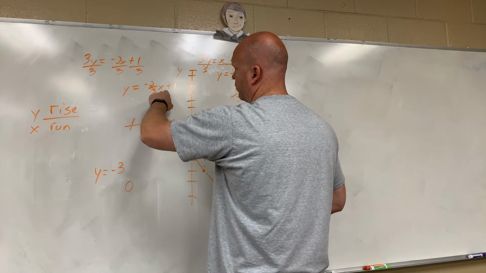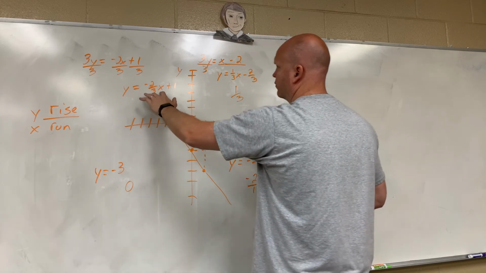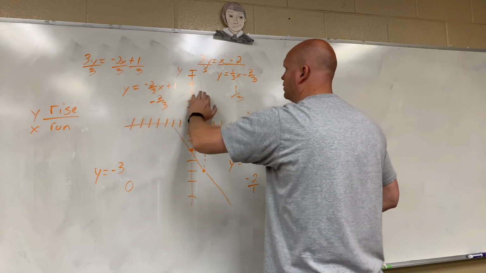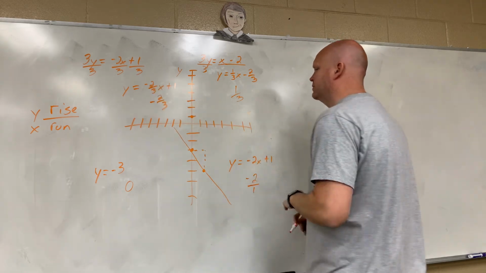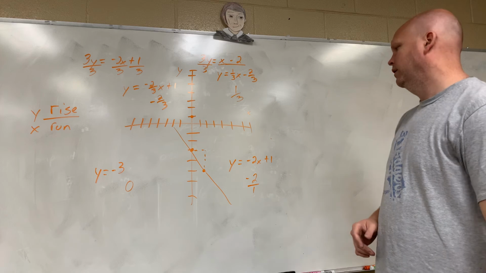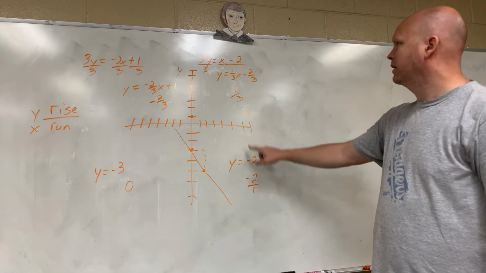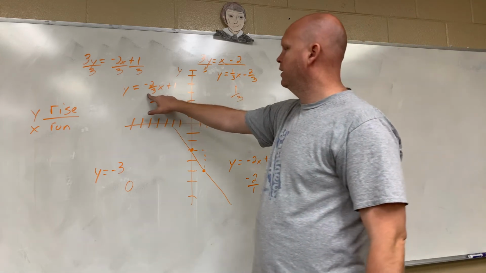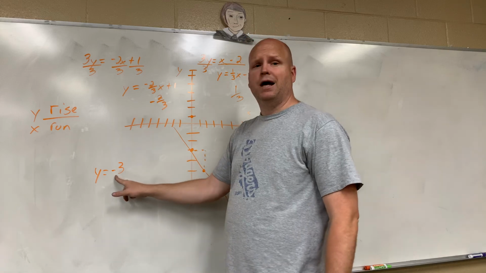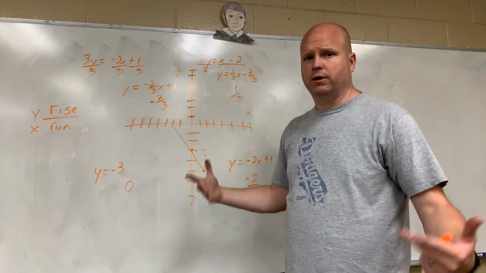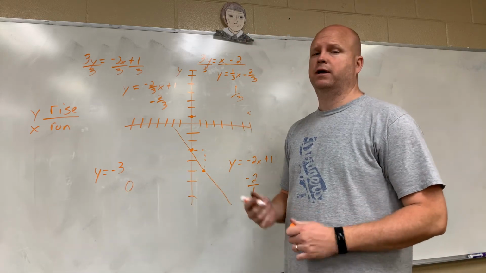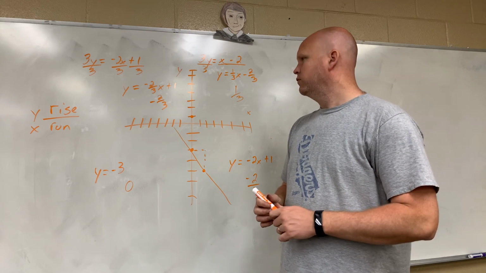rearrange, transform the equation so that you just have whatever is in front of x. If you have y equals, whatever is in front of x is always your slope. So here we had -2, here we had 1/3, here we had -2/3. This does not have an x, so it's a 0 because there's nothing there. There's nothing in front of the x because there is no x. So that's how you find